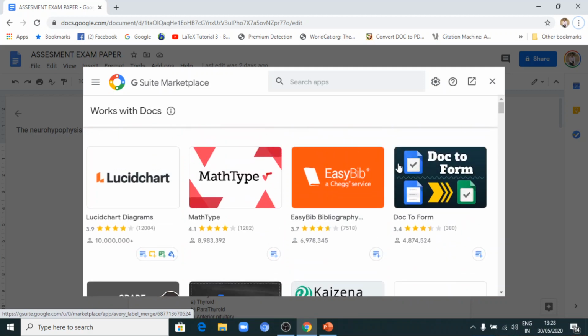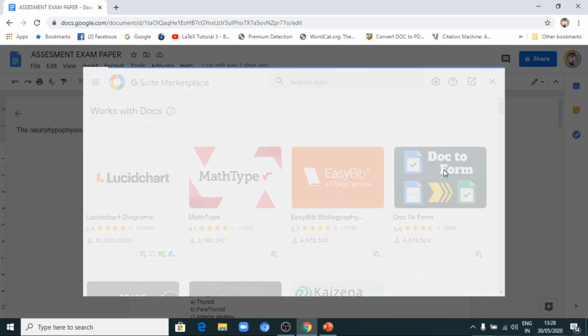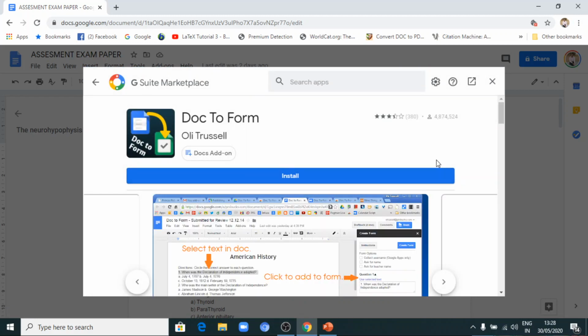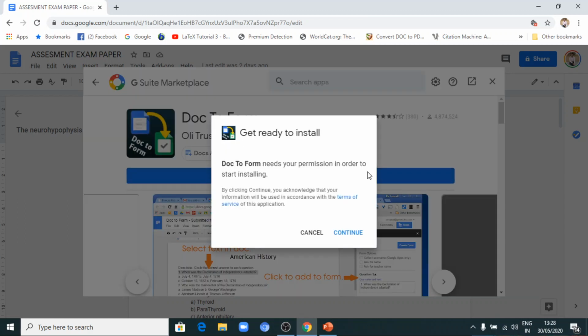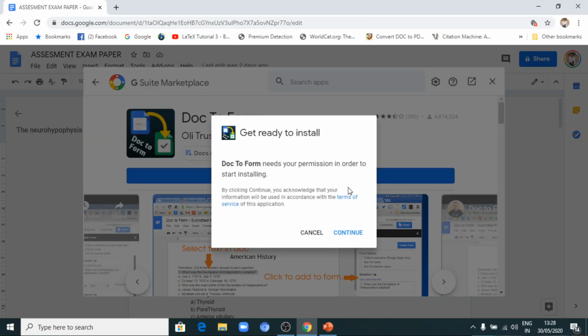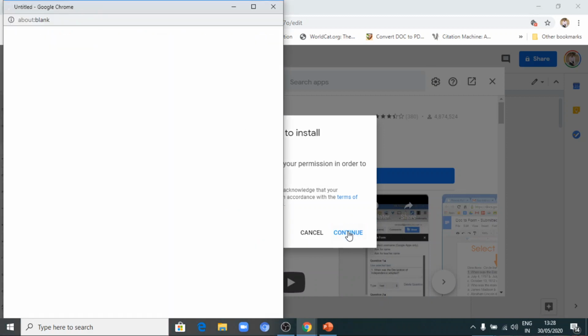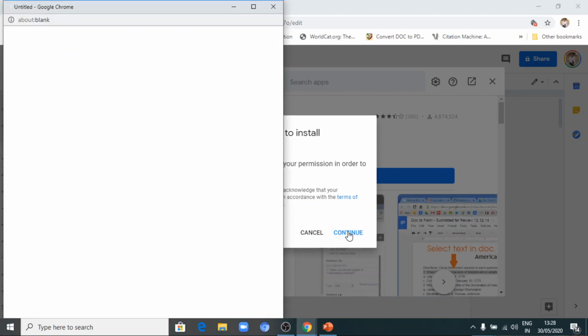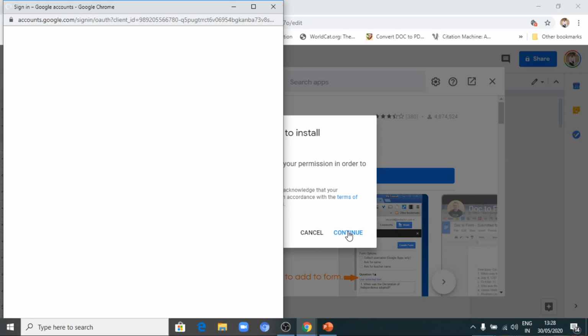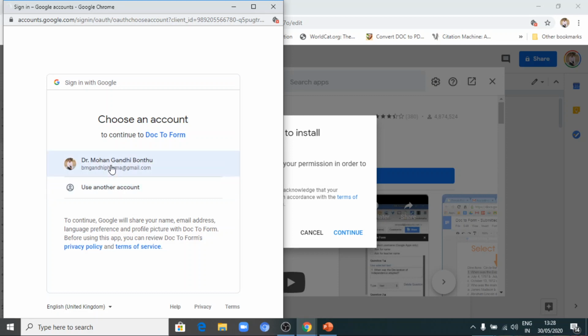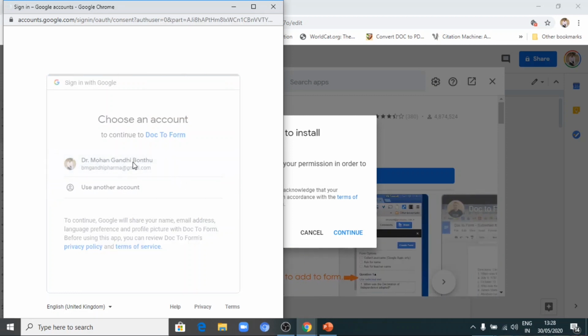Now the add-on you are trying to download is Doc2Form. This is very important. Doc2Form. Click this and install. Then it will prompt you to continue the installation or not. Just continue. And it will ask for your sign in account, user account.